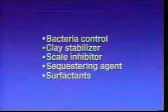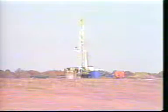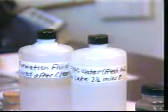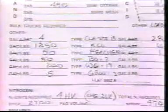So how do you determine what chemical additives are necessary? Well, first the formation composition and fluid properties can be determined from well logs, well site geological reports, core samples, and fluid sampling of reservoir fluids. Then this information should be supplied to the service company so that they can run tests and propose a prudent